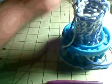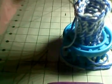Let me measure it because I think I'm getting right close to where I want it. Okay. Now I'm stretching it so all the yarn could fit and get even. Okay. Let me get the yarn, the measuring tape, and